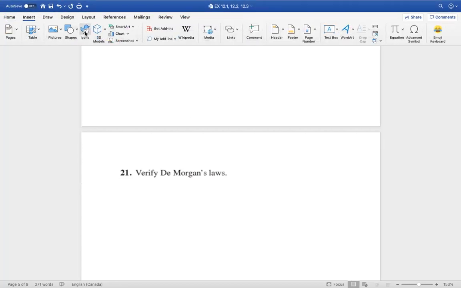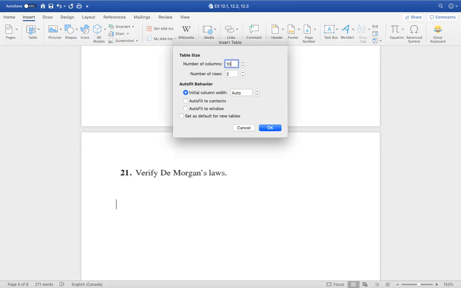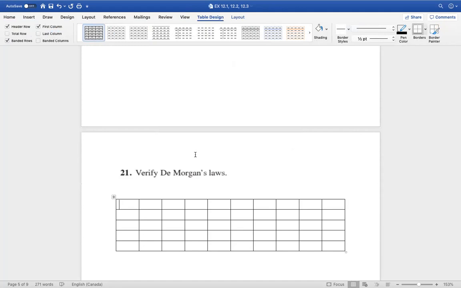Insert a table. Table, 5 by 5. Okay. All right. So here in,